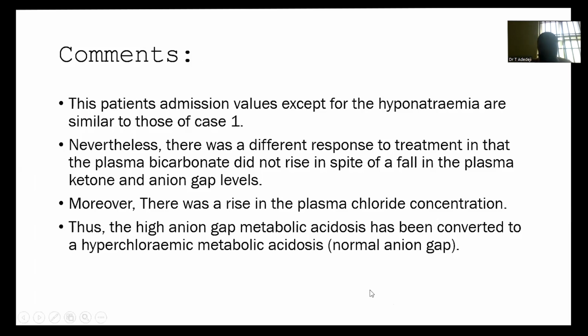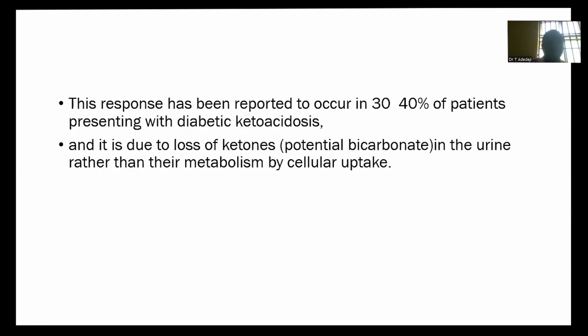There was also a rise in plasma chloride, and of course the high anion gap metabolic acidosis in this second case has been converted to a hyperchloremic metabolic acidosis, which is associated with a normal anion gap. So it's different from the first case, even though they are both diabetic ketoacidotic conditions. This particular response in this second case has been reported to occur in 30 to 40% of patients that present